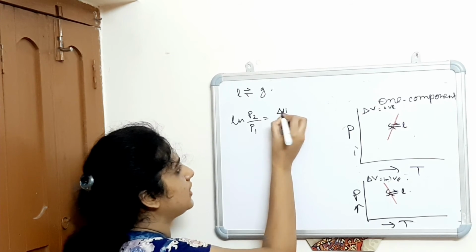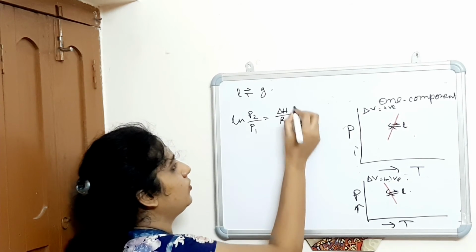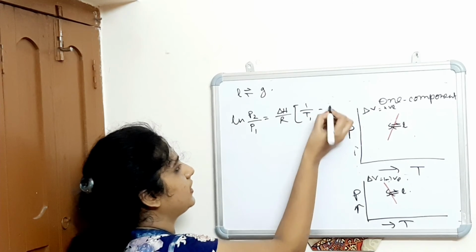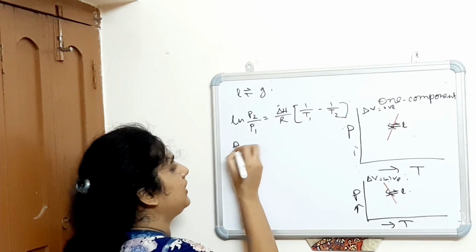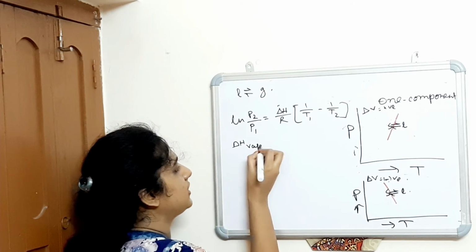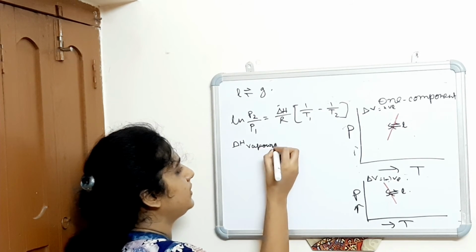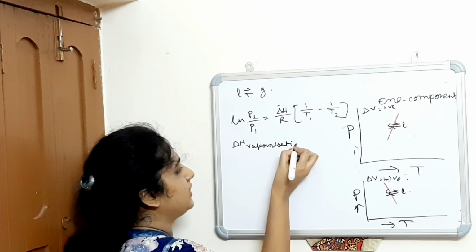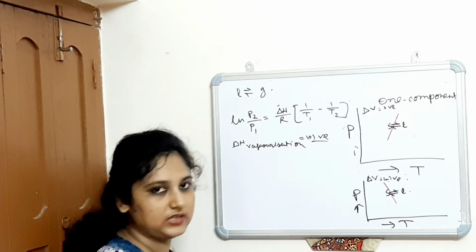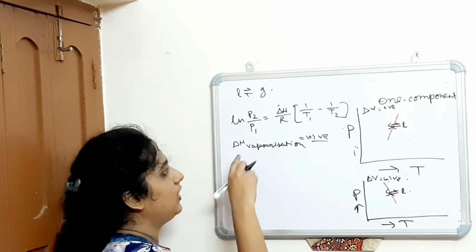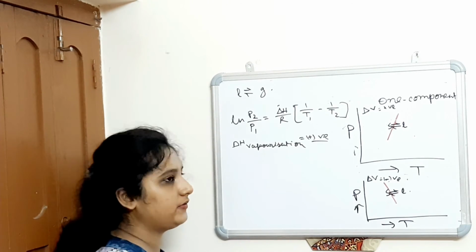So this is equal to del H by R times (1 upon T1 minus 1 upon T2). Now what is del H here? Del H is del H vaporization, the enthalpy change for the vaporization process, and this is always positive. That means the curve is always a positive slope curve,